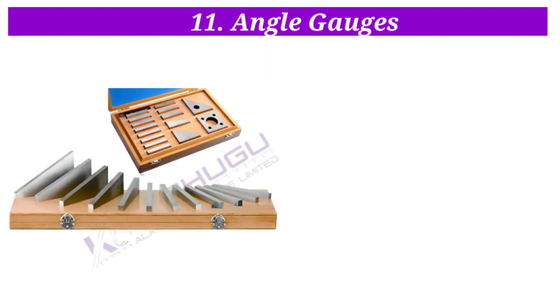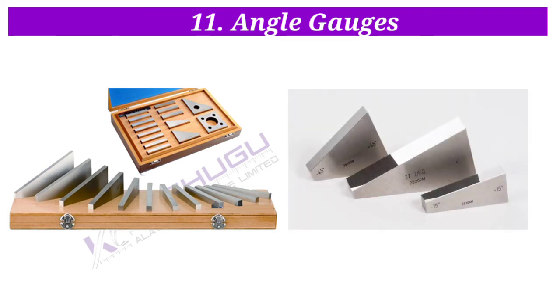The angle gauges were developed by Dr. Tomlinson in 1941, which enable any angle to be set to the nearest 3 seconds. These are pieces of hardened and stabilized steel. The measuring pieces are lapped and polished to a high degree of accuracy and flatness. They are 75 mm long and 16 mm wide and are available in 2 sets.